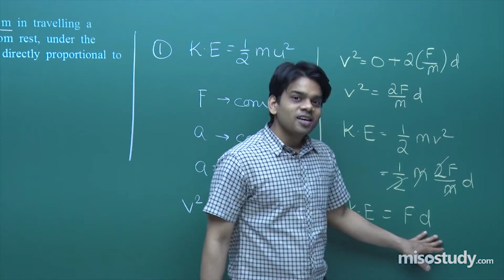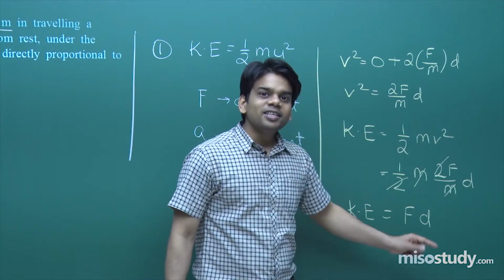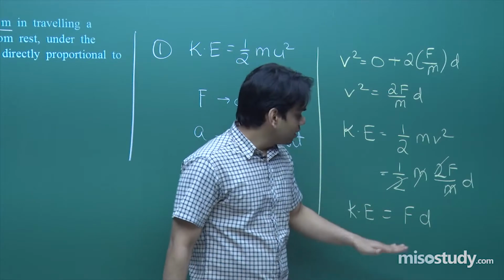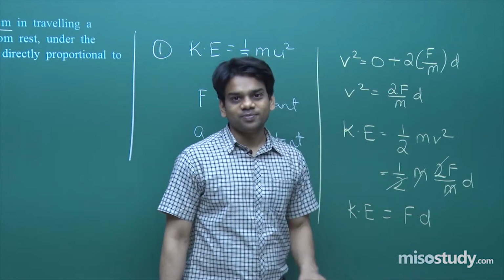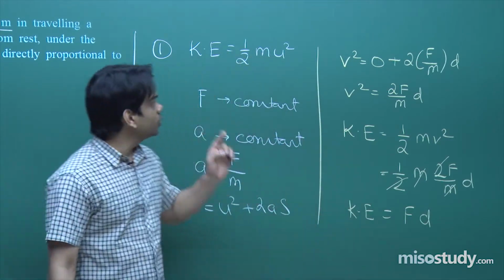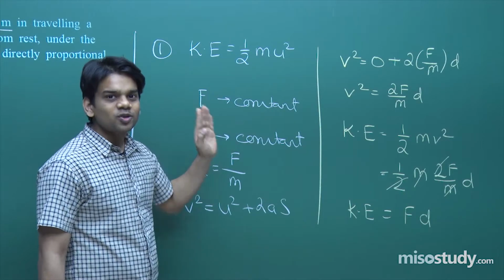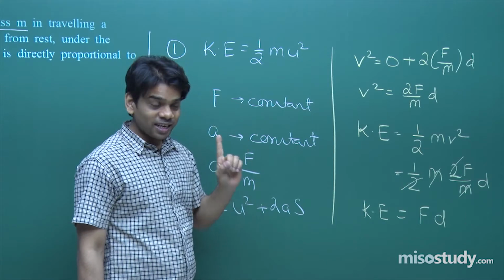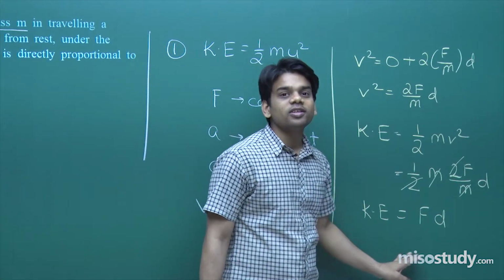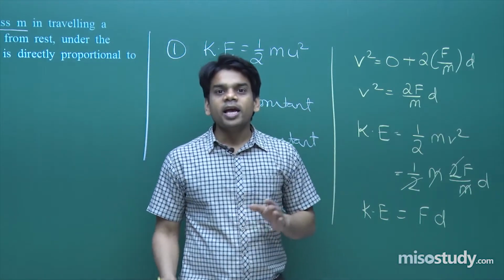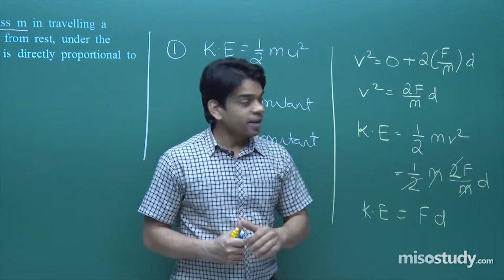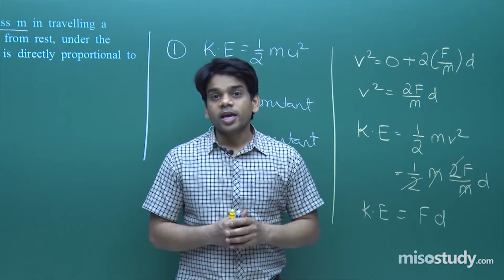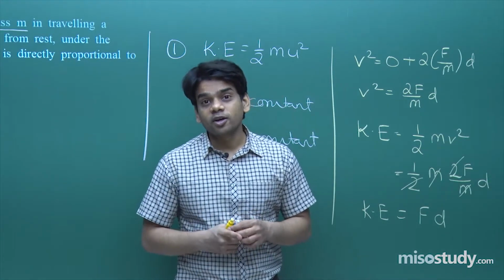Force into distance. This force is constant, and d is the distance the body has covered, so you will be using that. So this is independent of mass. Don't go with the notion that mass is there. Whatever velocity it is going to attain, you would first mark option number A, but that is an incorrect response. If you solve this, you will get kinetic energy F into d. In your objective exam, I have elaborately shown how to reach this, but you will have less time. Apply the concept of work done by a constant force.